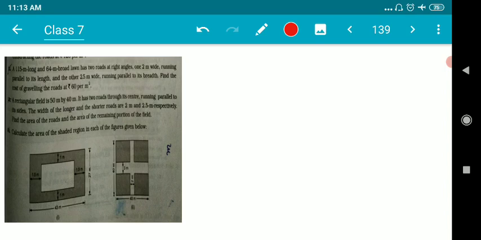Children, we have been dealing with the chapter mensuration from R.S. Agrawal. So far, we have completed many questions. We understood many concepts of mensuration from different books, from NCERT as well as from R.S. Agrawal. So here in this video, I'm going to explain some very important questions which I have chosen from Exercise 20B. These questions are really very important. We must know the concepts very nicely. So without wasting time, let us give a start to the question.